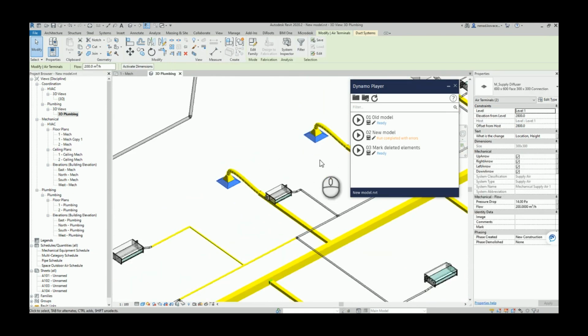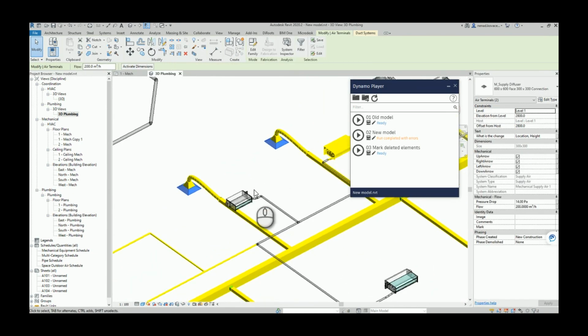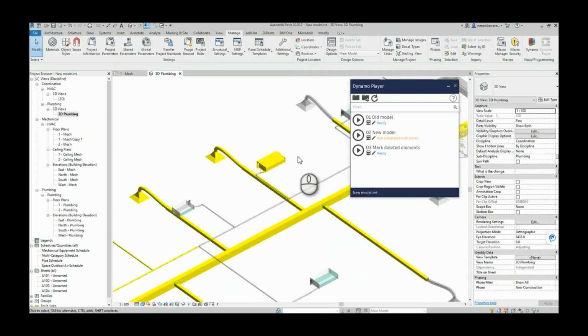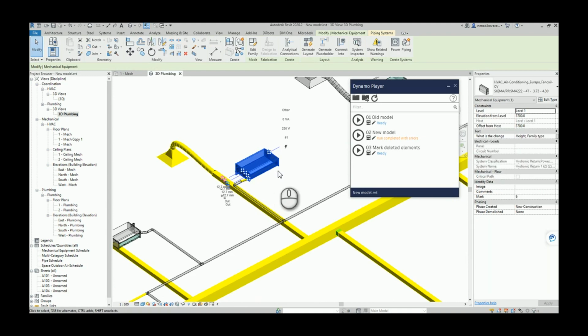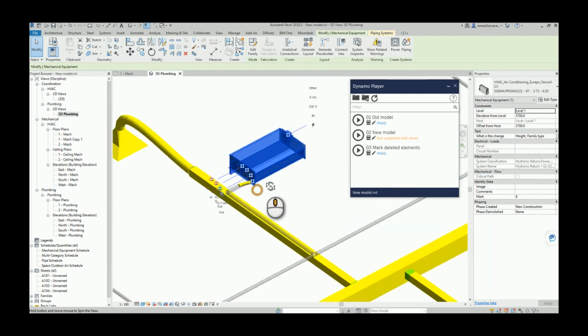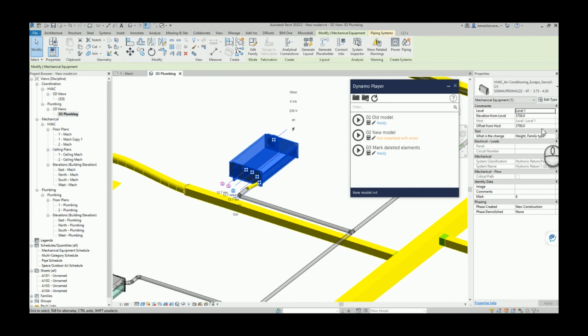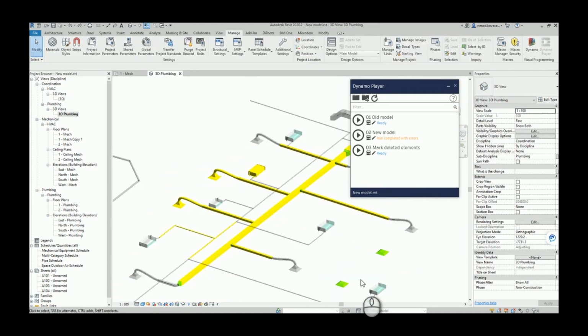For these two terminals we did say that we want to change the height. So again, the Z component of location is changed and the height is changed. And also for this mechanical equipment we did say that we want to change the type. Again, Z component is changed. Okay,